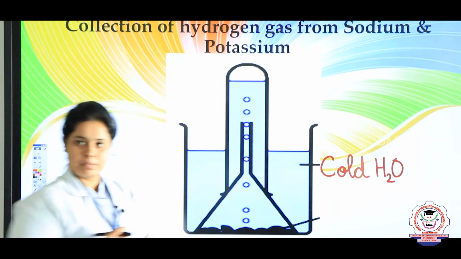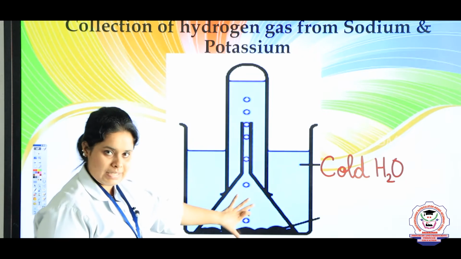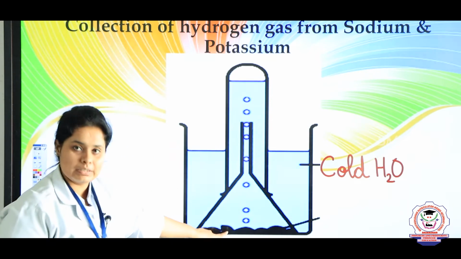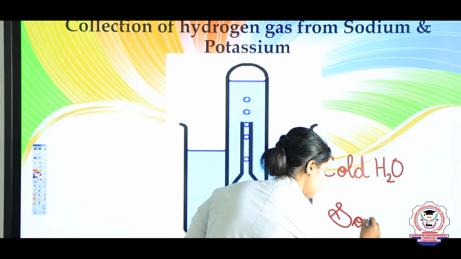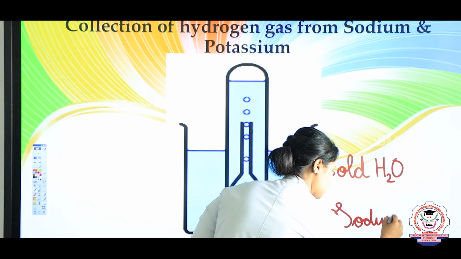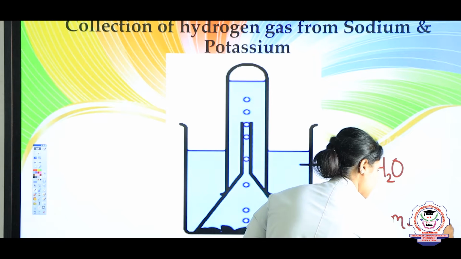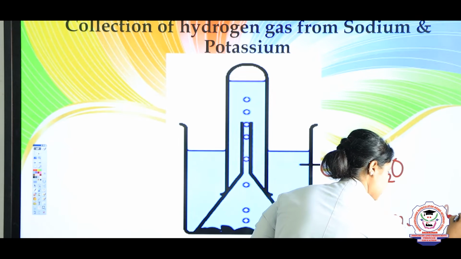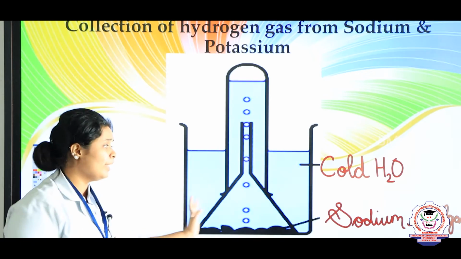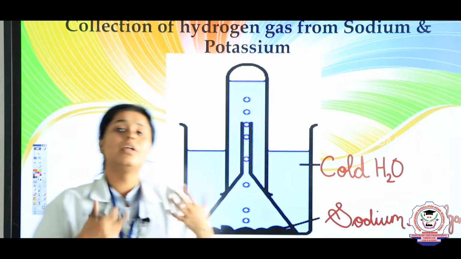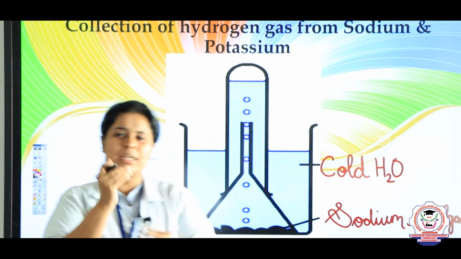A test tube has been put, right? Now there is a funnel. Just lift the funnel from one side and keep your sodium amalgam down. These black colored particles are sodium amalgam. You will see that when sodium is mixed with mercury as amalgam, the reaction will not be as fast as in the previous case. It will become a little bit slower.